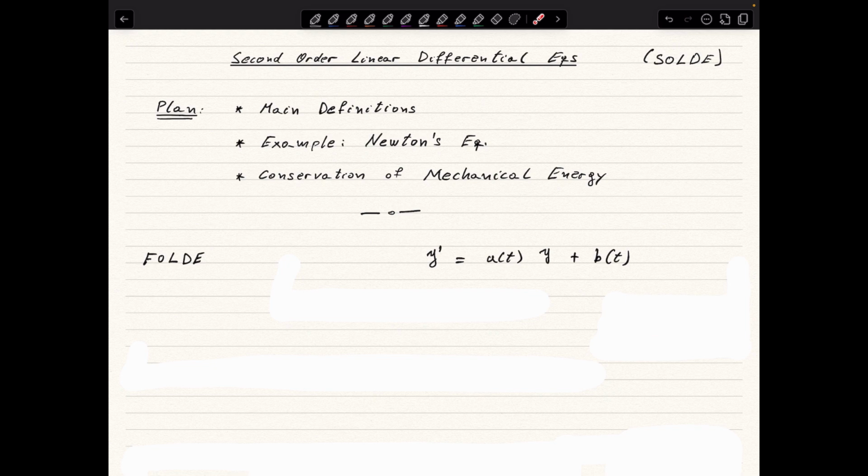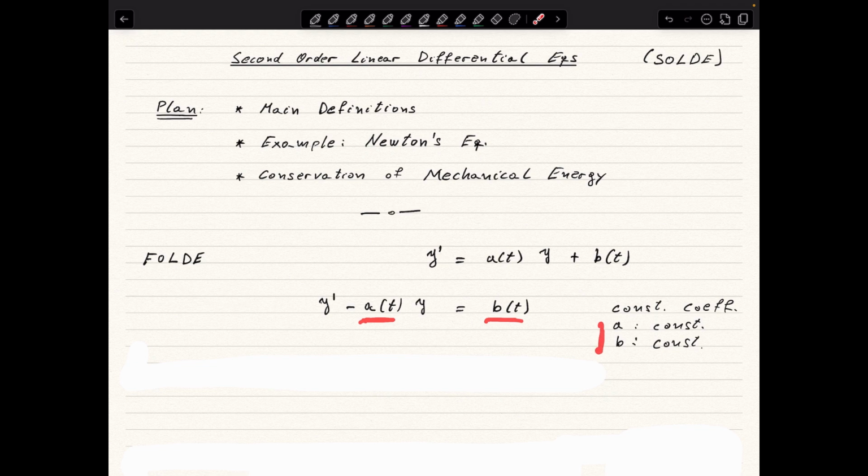We can rewrite this equation, of course, putting all the y dependence on the left side, and if we do that we get this expression here. And we also said that this equation has constant coefficients if both the coefficient a and the coefficient b are constant. So now what we are going to do is introduce second order